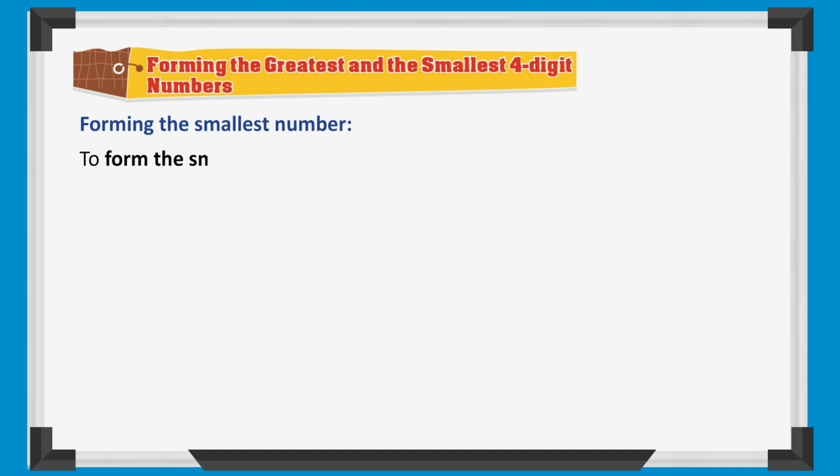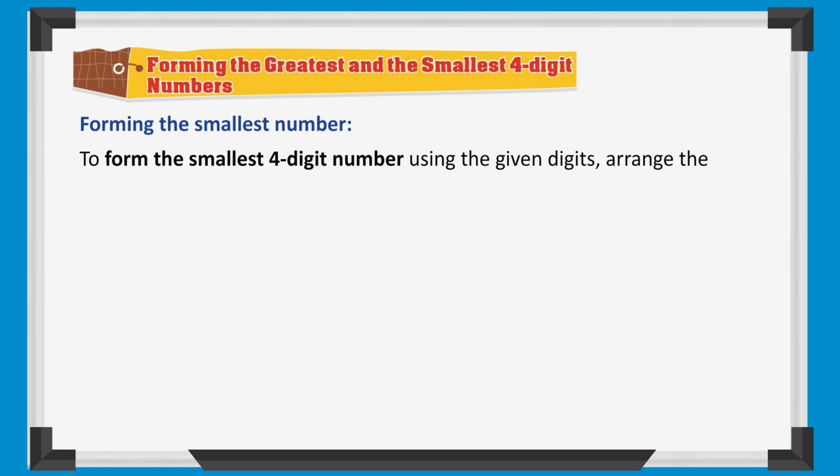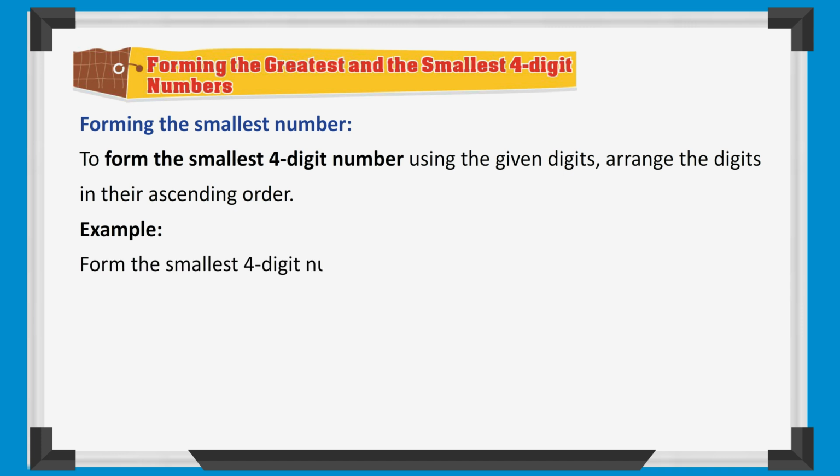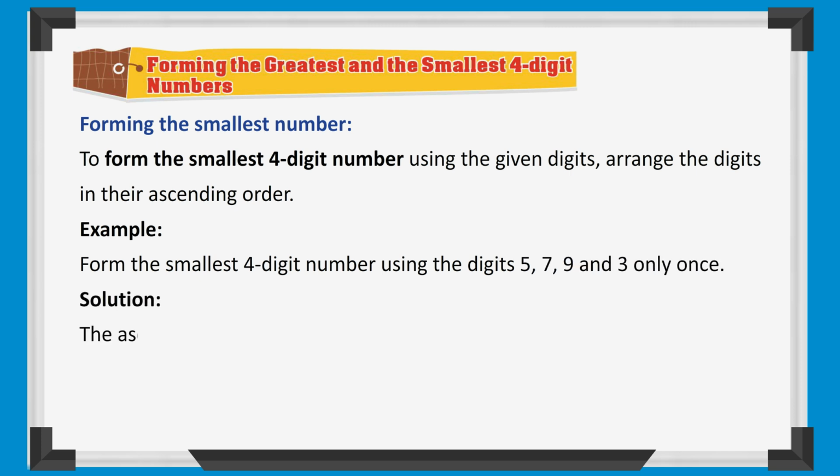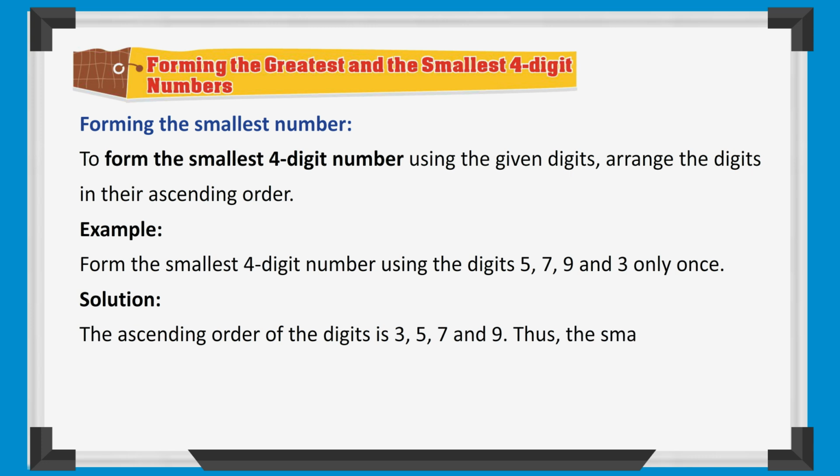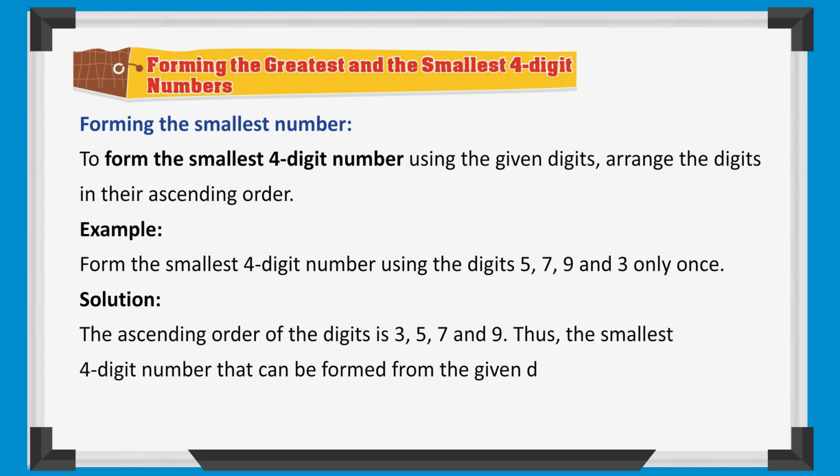To form the smallest 4-digit number using the given digits, arrange the digits in their ascending order. Example: form the smallest 4-digit number using the digits 5, 7, 9 and 3 only once. Solution: the ascending order of the digits is 3, 5, 7 and 9. Thus, the smallest 4-digit number that can be formed from the given digits is